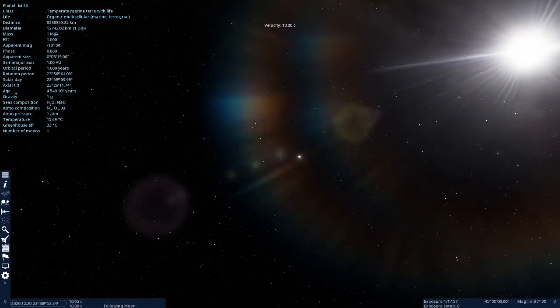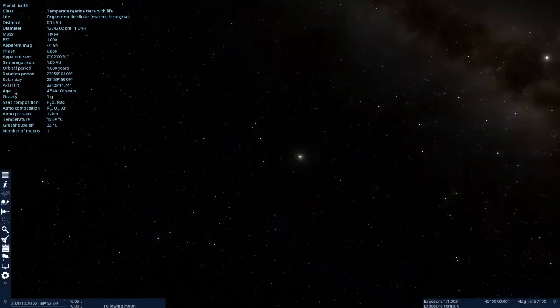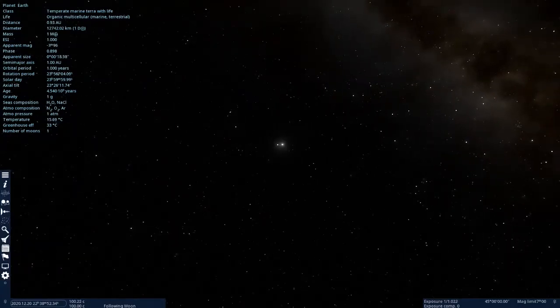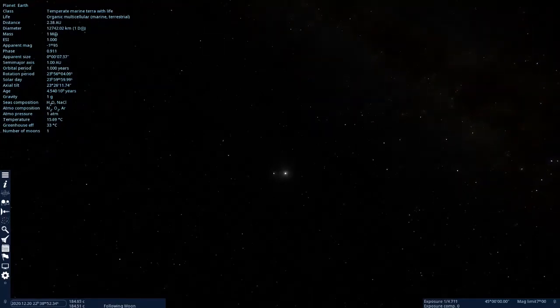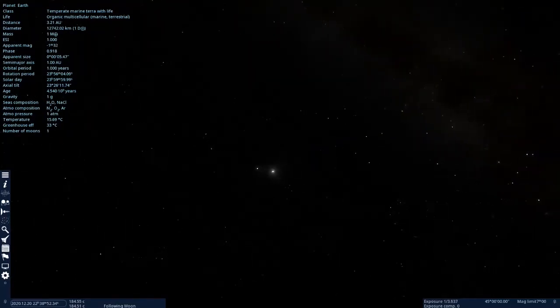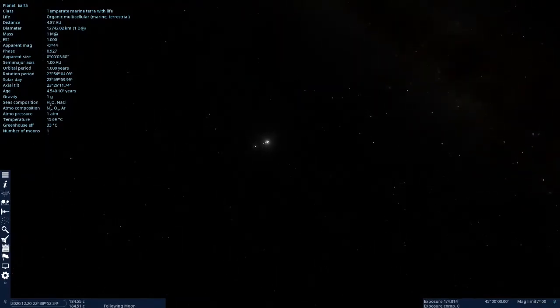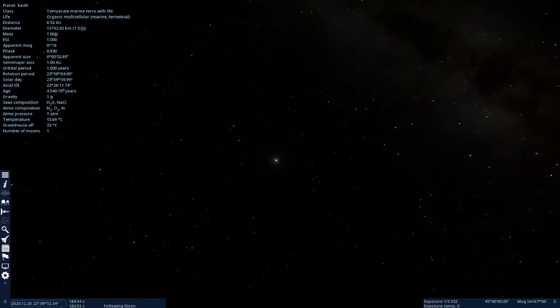Now we're going 10 times the speed of light, which you're allowed to do in this program. It's not a relativistic simulation by any means. And you can see finally we started building up enough speed to get the sun to slide off the edge of the screen as we went past it. Now we're going 100 times the speed of light, and I'm going to bump it up a little bit more even. And now we can see some evidence of motion. Jupiter and Saturn are separating in our field of view. And I'm going to kind of go cruising right past Jupiter and head out to Saturn.